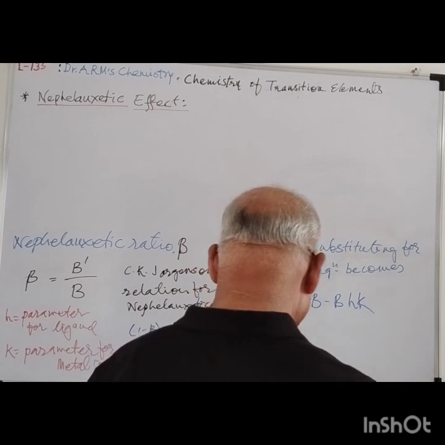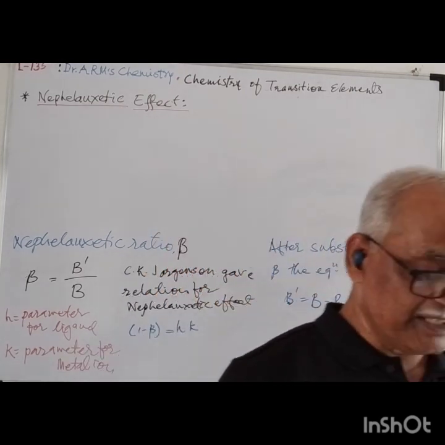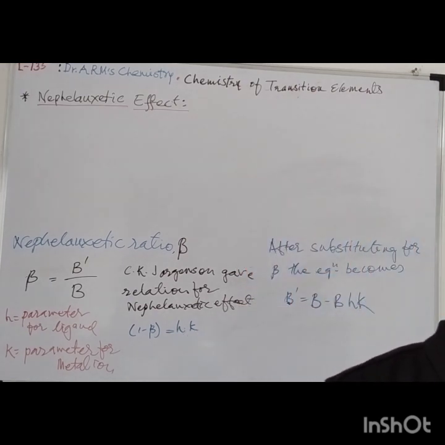So from this equation, the Racah parameter for metal ion in a complex, B prime, is the value of